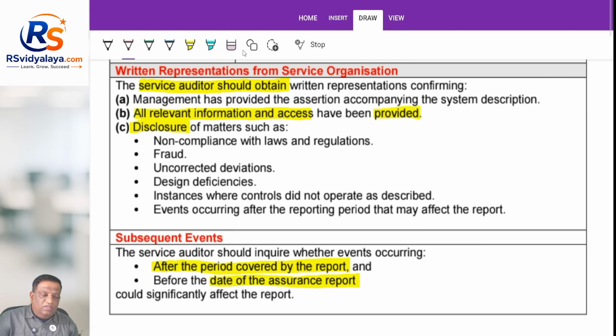So, next we move on to the written representation. Not to worry, first I am trying to take you through all this, and at the end I will logically connect you one more time through the super summary.